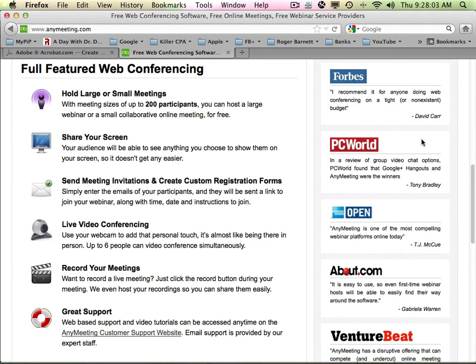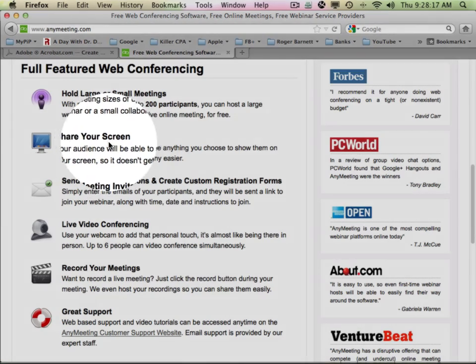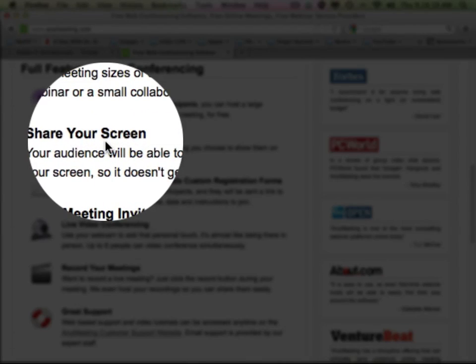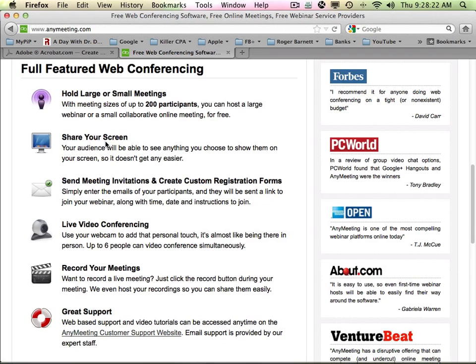It's not going to interrupt or distract from really much. So only your participants will see the ad. You, the host, won't. Okay. So again, you can hold up to 200 people. You can share your screen, which is the most valuable feature that you want, and all web rooms allow you